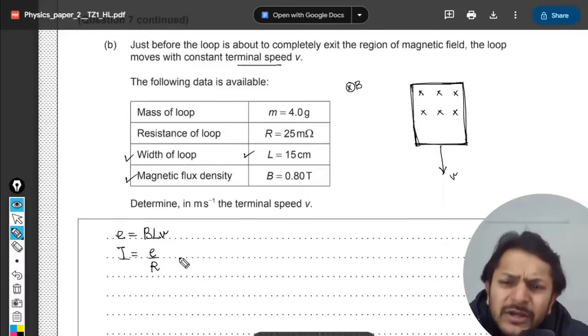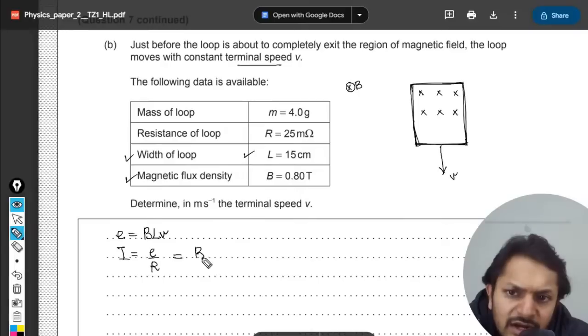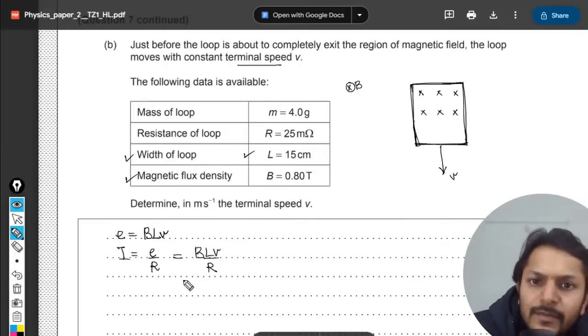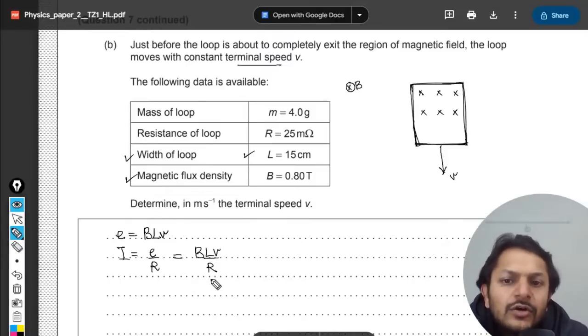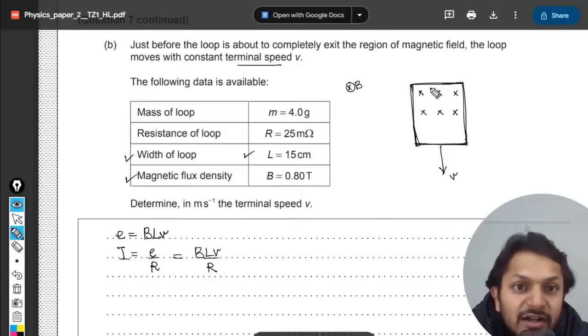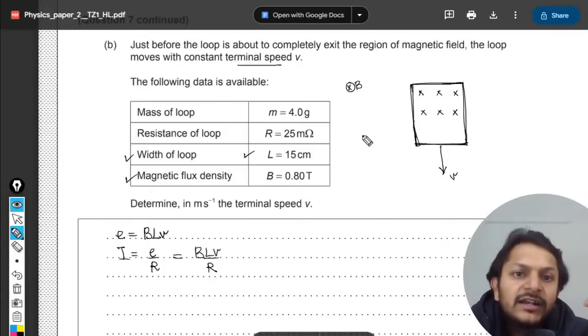V is equal to IR by using Ohm's law. So the current will be BLV divided by R. This will be the current. Now, if this is the current, then this is a current carrying conductor, and what will